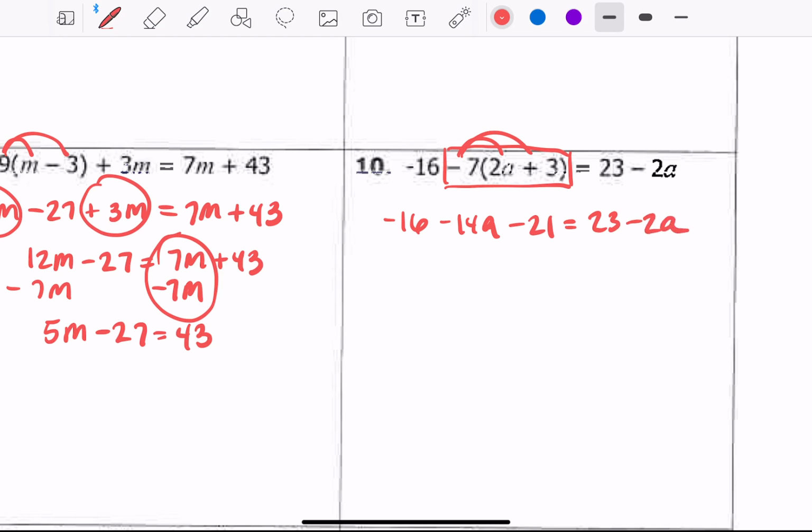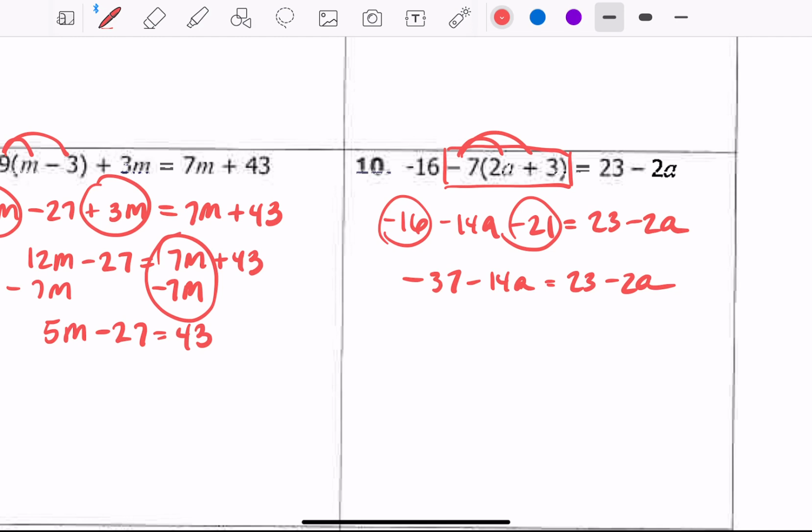So now you're looking for like terms. You have a couple over here. You have minus 16 and you have minus 21. When you add those together, you get negative 37. And then you're going to bring down your minus 14a. And then on the right, it just keeps coming down because there's nothing you can do with it until this